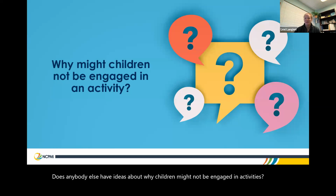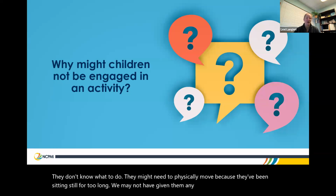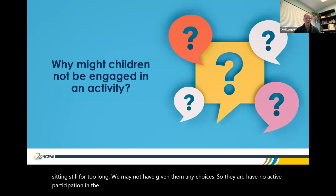So we might also see children are not interested. They don't understand what's happening. They don't know what to do. They might need to physically move because they've been sitting still for too long. We may not have given them any choices, so they have no active participation in the activity itself. It's very passive. They might not be getting enough teacher attention or feedback, and then they might also need help